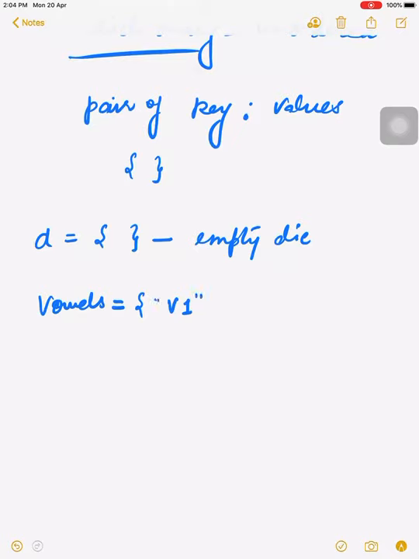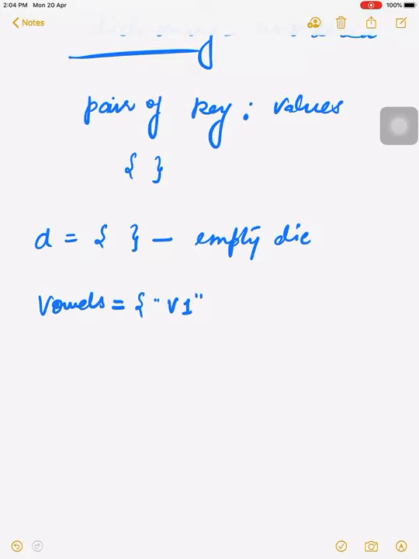For example, I am taking here a dictionary of vowels. Vowels is the name of the dictionary. We write V1, that is the key. Listen, a more important thing: if the key is of integer type, there is no need to enclose it in quotes.